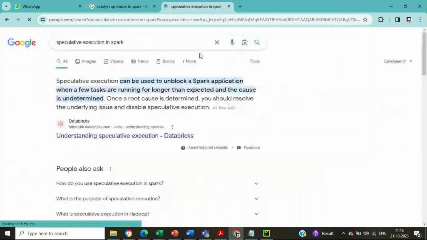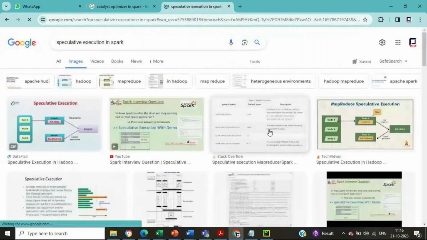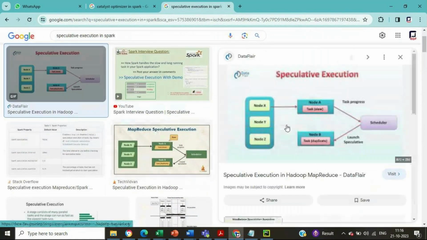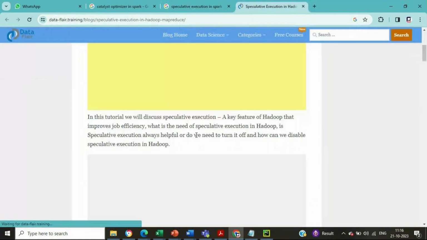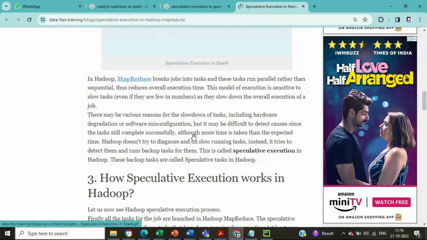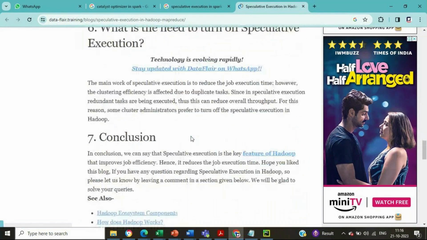Speculative execution. I just want to have certain images. Okay, so we can go with this particular image. That is perfect. So over here in this particular diagram, what we are able to see,